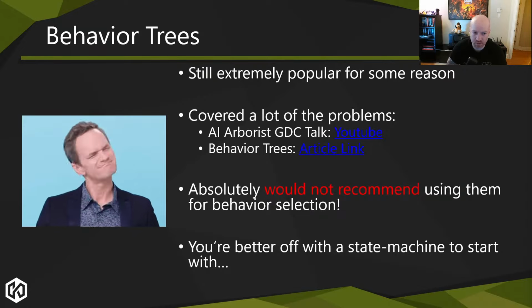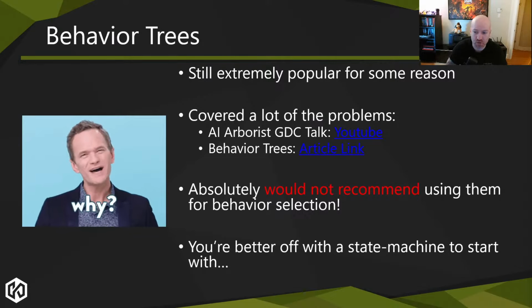There's a YouTube link about the AI Arborist talk. There's an article I also wrote about things. And funnily enough, I had a conversation at lunch with a friend that's now looking into building a new AI system in a company. And he was like, oh, I think we'll just use behavior trees. And I was like, no. And then we talked for a while and he was like, oh yeah, shit, those could actually be potential problems. So I'm going to look into it.